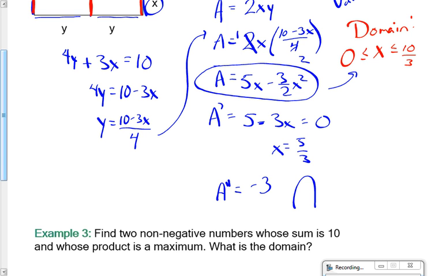Good. So since y double prime of 5/3 is less than 0, x equals 5/3 is a maximum. You can put in the word local if you want, but that's going to maximize our area. Okay? So the dimensions